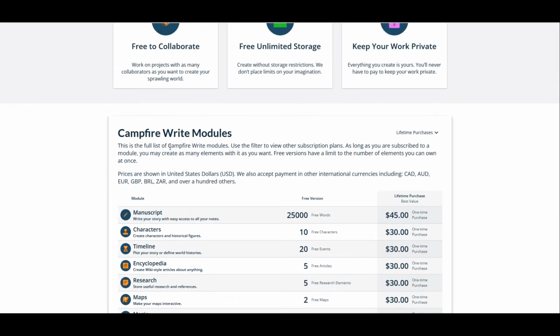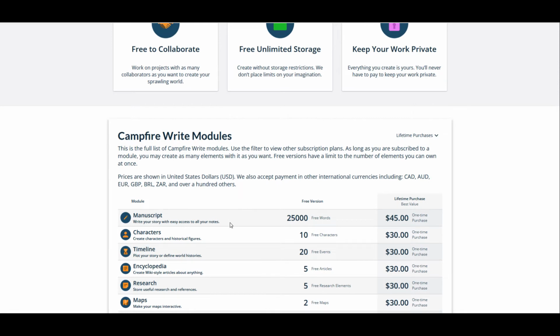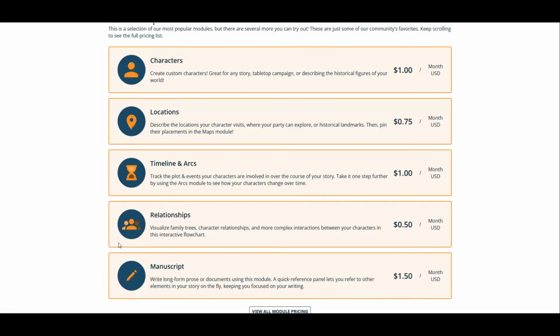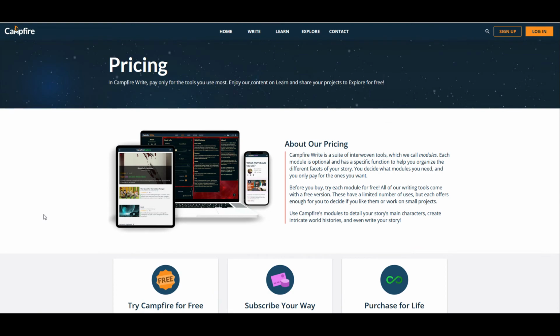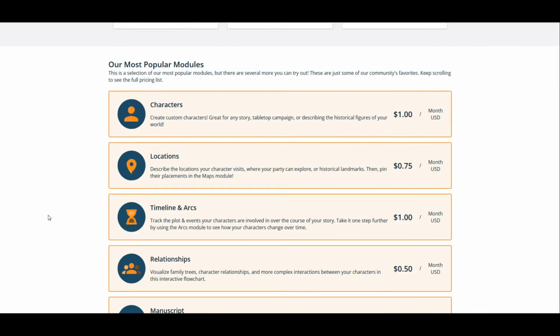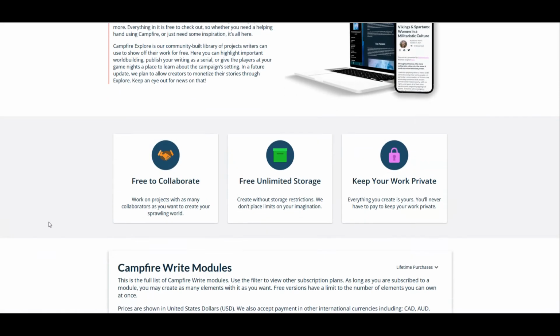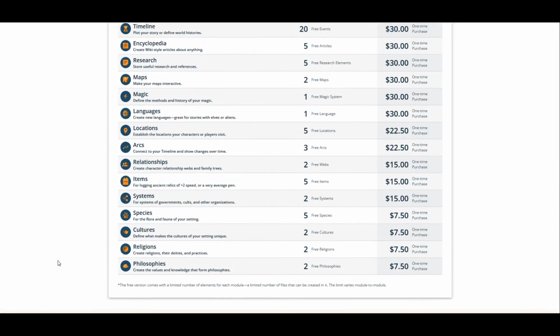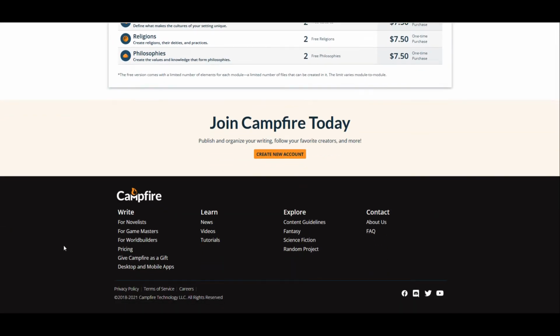So, and here it is, Campfire Write is the new name. So if you are interested in either Pro or the former Blaze, this is really your only option anymore, is to get writing. And I don't know if you like that or hate it, or if you're indifferent to it, but that's the way it's going to be. So if you ever were interested in Pro, again, at this point, do you really want it?